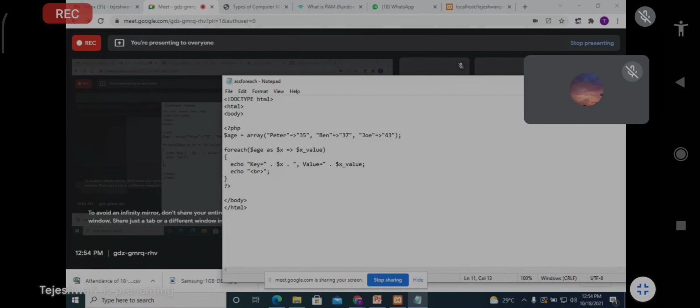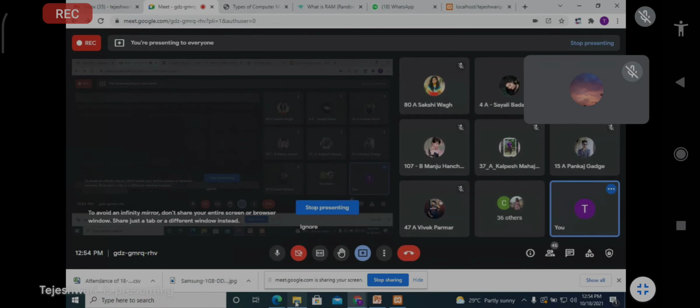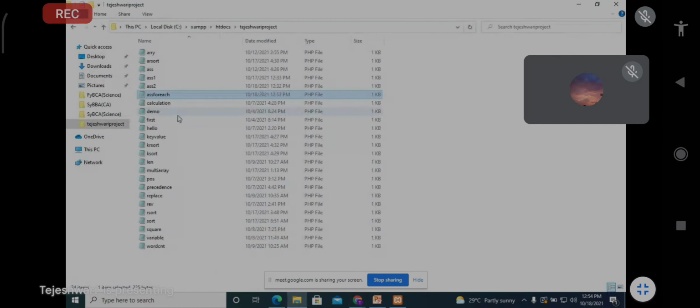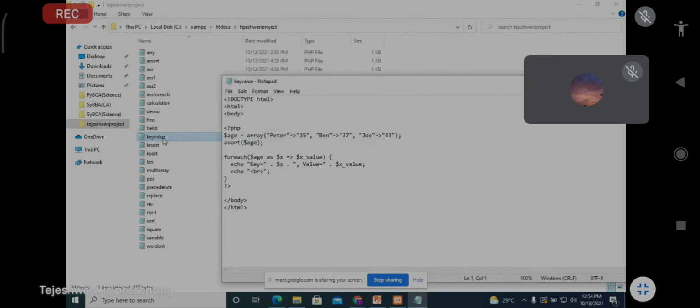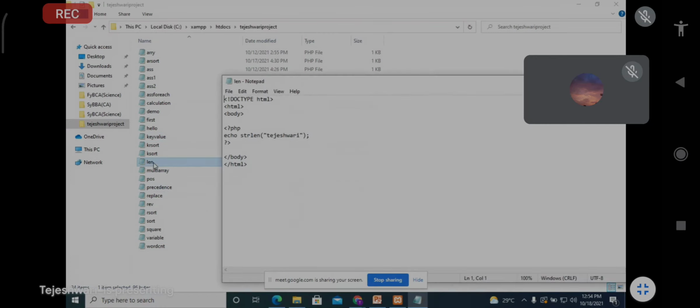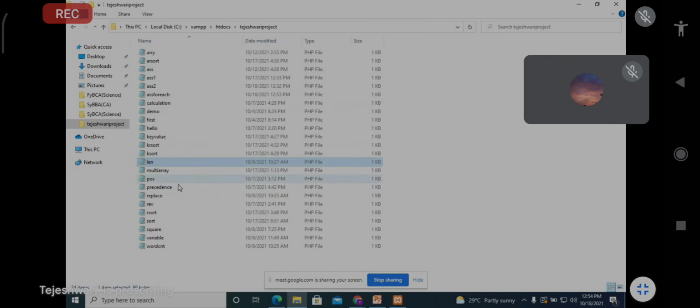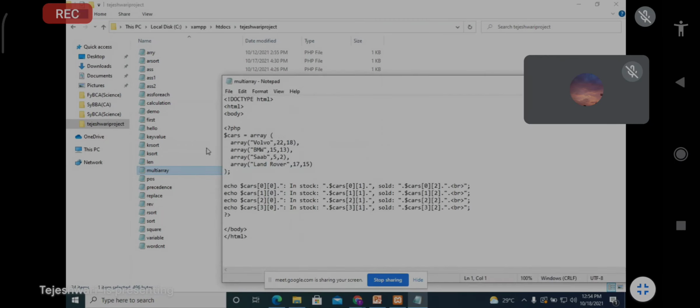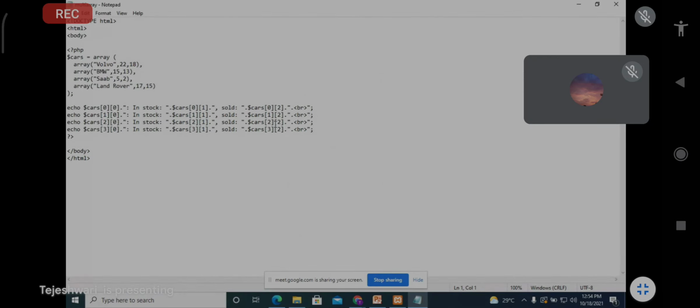Okay, next example. Wait, I will show you the next example. A multidimensional array, the same that we discussed.